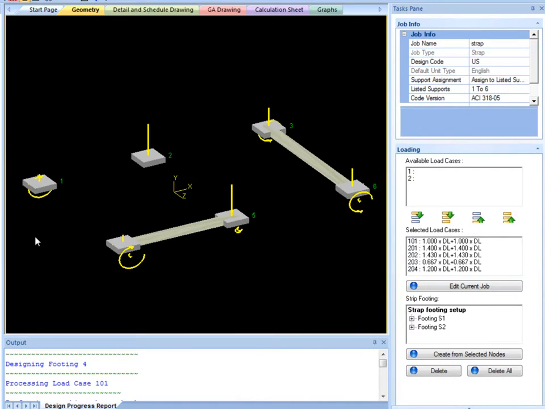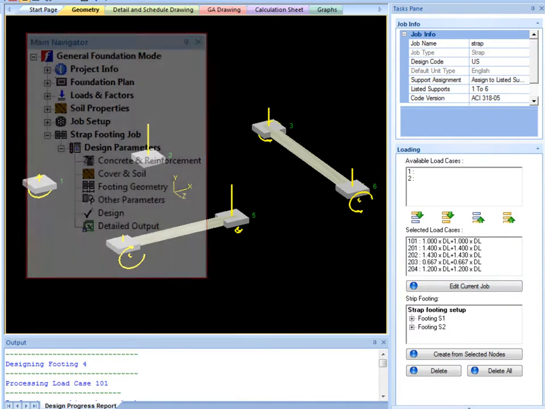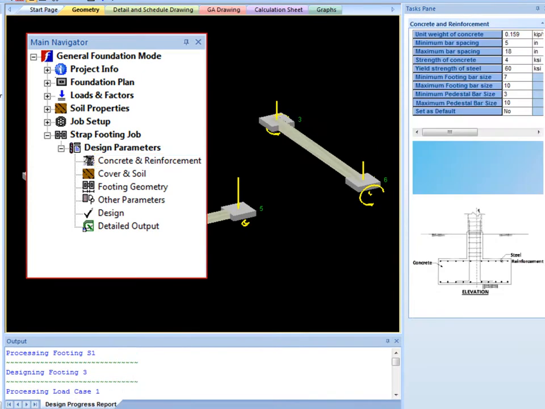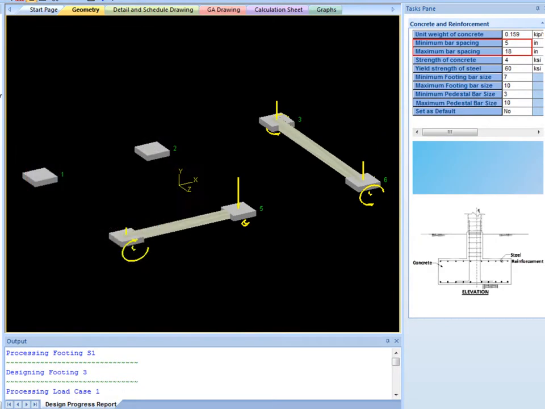The next step is to specify the strap footing job local design parameters. Concrete and reinforcement requires basic input like minimum and maximum bar spacing, yield strength of steel, and minimum and maximum pedestal bar size. Minimum and maximum options are provided so the program can create the most efficient design and give